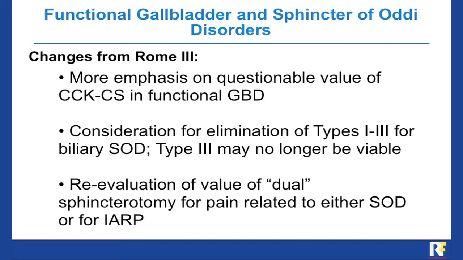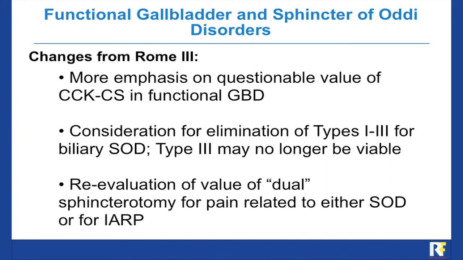The second point is that when we come to the biliary sphincter of Oddi dysfunction, a difficult problem, as I said, in some patients who undergo cholecystectomy and develop recurrent abdominal pain similar or almost identical to what they experienced prior to their cholecystectomy, even if that was undertaken for gallstone disease. And we've been using the old Milwaukee classification so far, types 1 to 3, which largely deal with